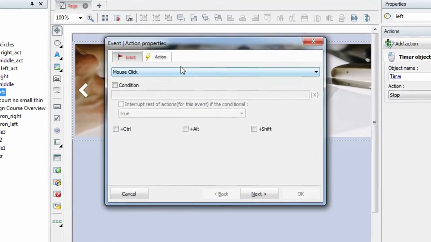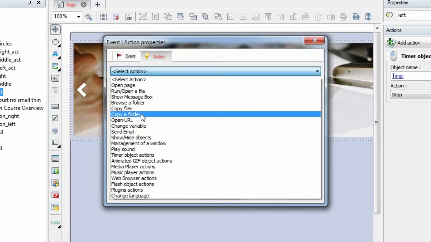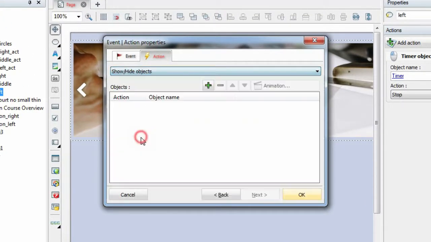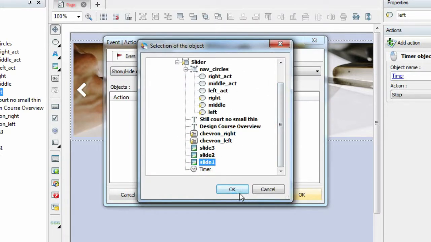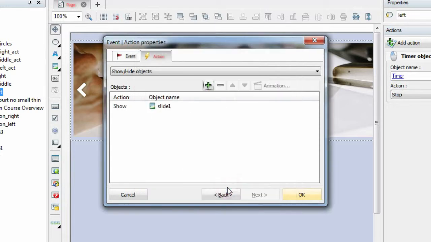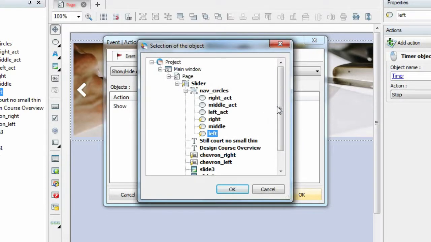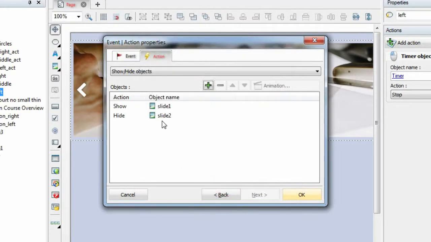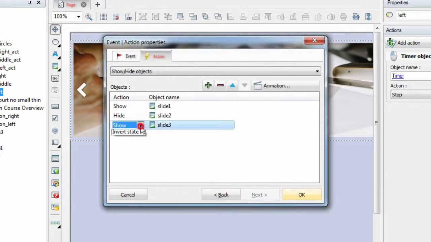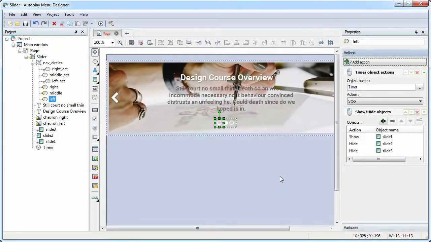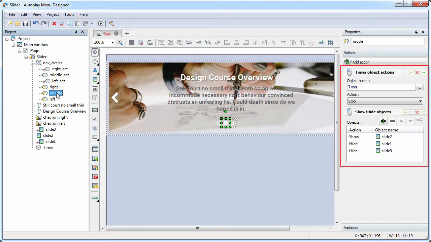And the Show Hide Objects action to show the desired slide. Similarly for the other two unfilled circles.